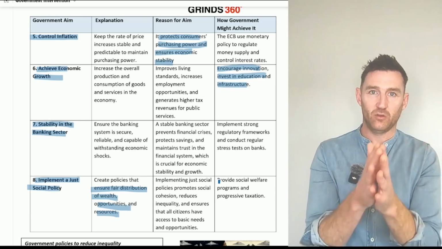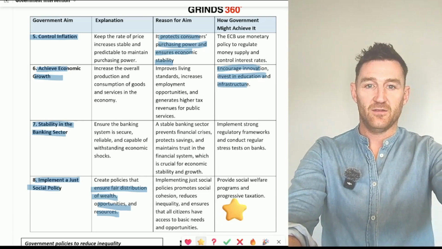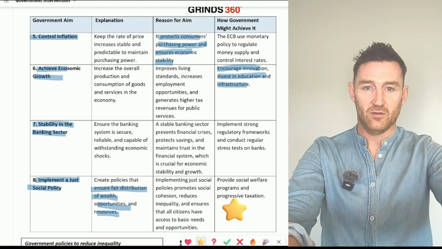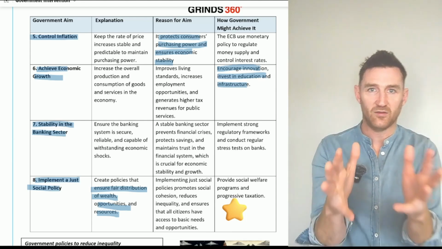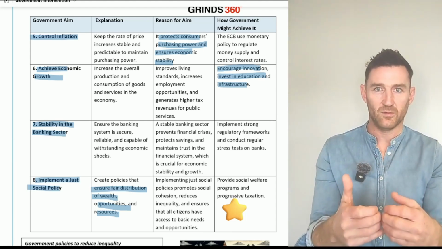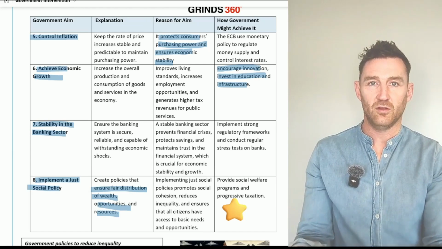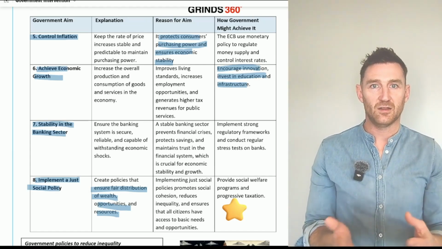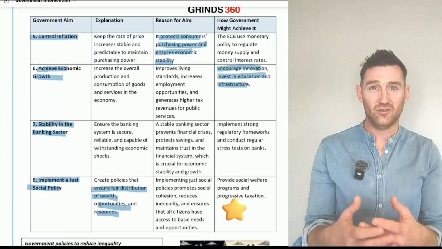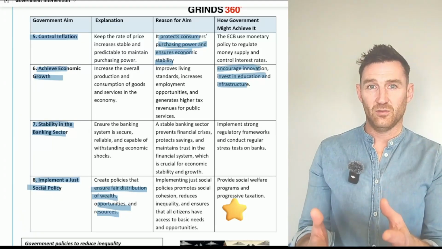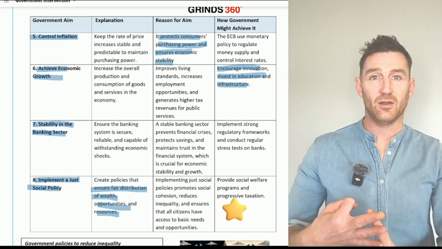You absolutely should be prepared for this exam question. So again, a little asterisk beside that, you absolutely need to know how the government reduce inequality, because it's an exam question that you can see in so many different forms. You can see an exam question that just suggests two ways the government can reduce income inequality in a country. You can see an exam question that says, how can the government improve their HDI score? And the HDI measures a country's performance in three dimensions: healthcare, education, and GNI per capita.